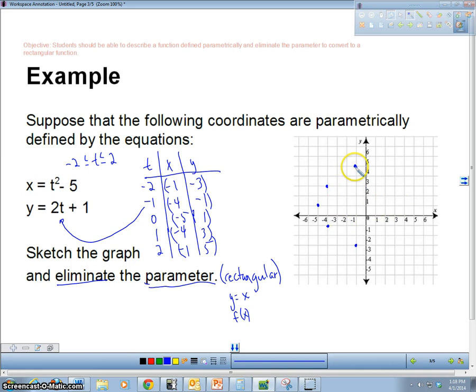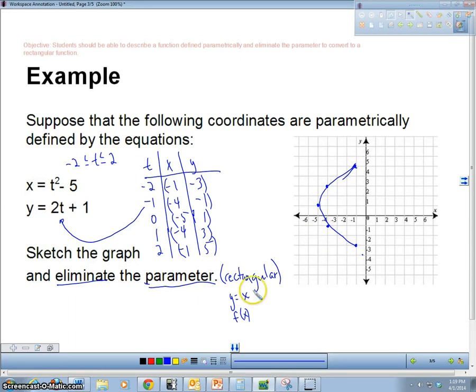This is a parabola. Let's see if I can draw this parabola with my many skills here. All right, looks like we have a parabola. Now, if I was only drawing it, I don't want the arrows here, because I'm only drawing it in this t interval. If I was drawing the whole path, then I would draw the parabola. But you know, we've got a sideways parabola instead of a